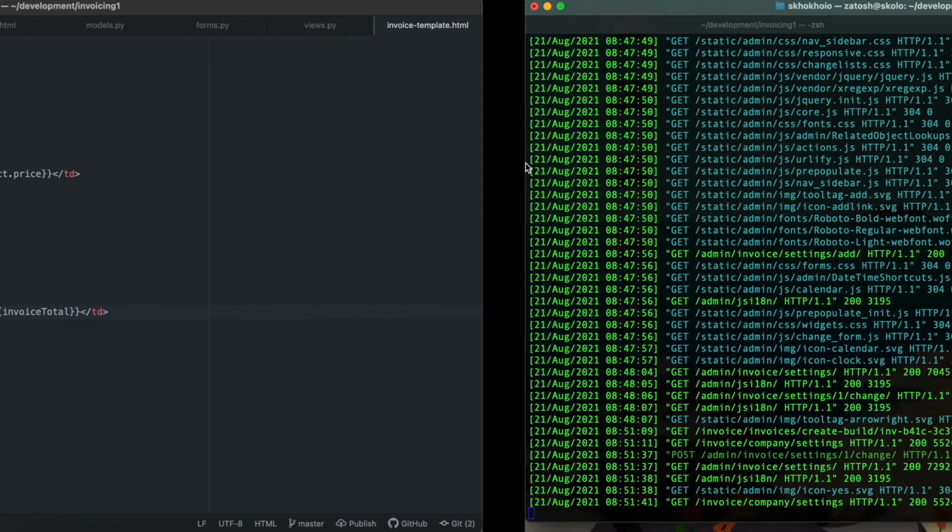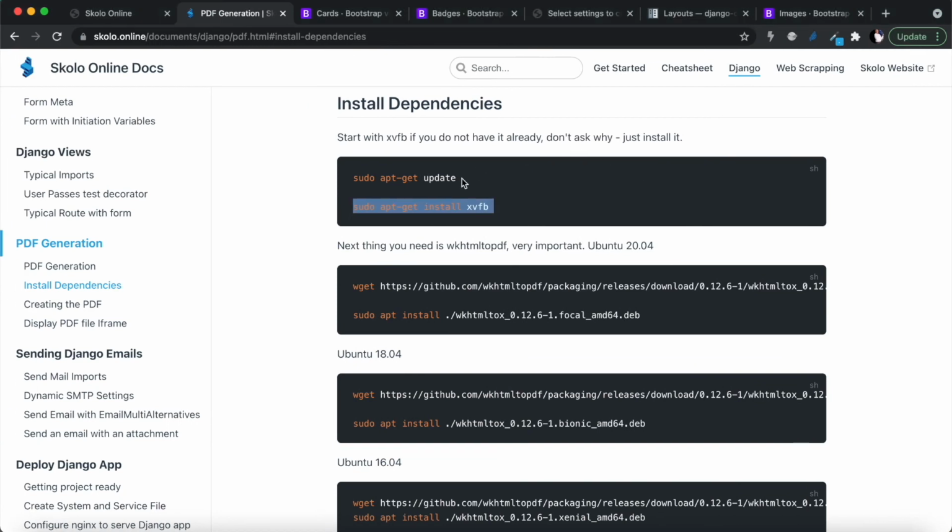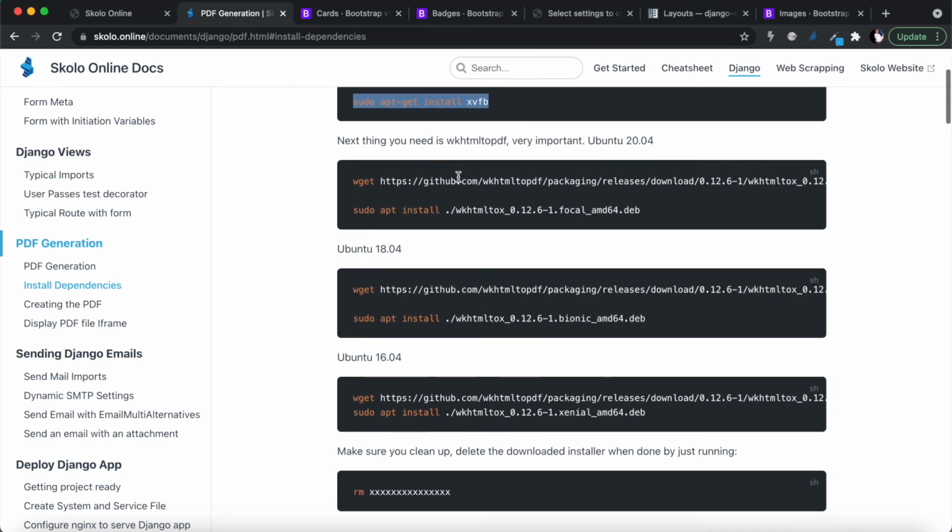All right. So if you're inside of your machine, I'm going to stop running this server here. It has frozen, which it does a lot. Just give it time. Once you've done that, what you need to do is update your packages, and then just copy this line and run it and install it. That's it. That's all you've got to do. And then the next thing is that you need to install this